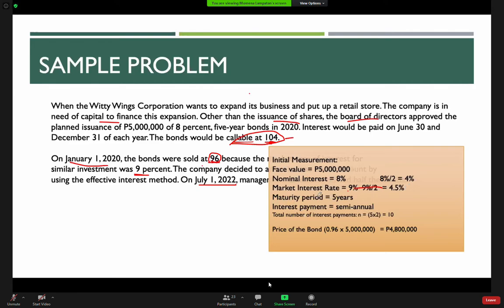Okay, maturity period is 5 years but we pay interest twice a year. So, multiply by 2, you have 10 interest payments. Then the price of the bond, that would be the quoted price, the 96, multiplied by the 5 million of face value. So 0.96 times 5 million, you will get the carrying amount of the bond on initial recognition na